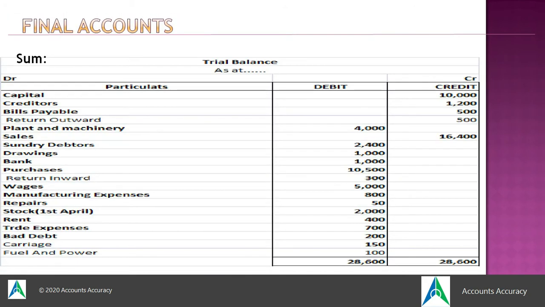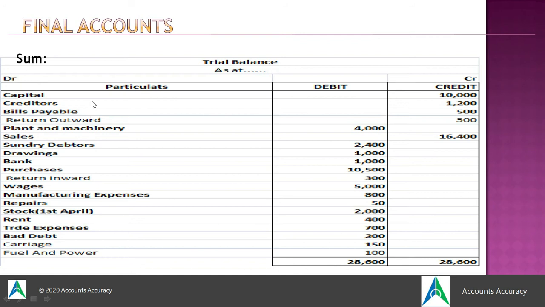In the same way, the next thing we have is creditors. Creditors is also a liability. Why? Because these are the people to whom the company owes money. So that's why creditor is a liability. Again we have bills payable. As you know, bills payable is the amount which the company owes to some supplier. Suppose the company has taken raw material and needs to pay this 500 amount to the supplier. The company has not paid the amount in cash, but it is required to be paid on some later date. So again it's a liability, it will be shown on the liability side.